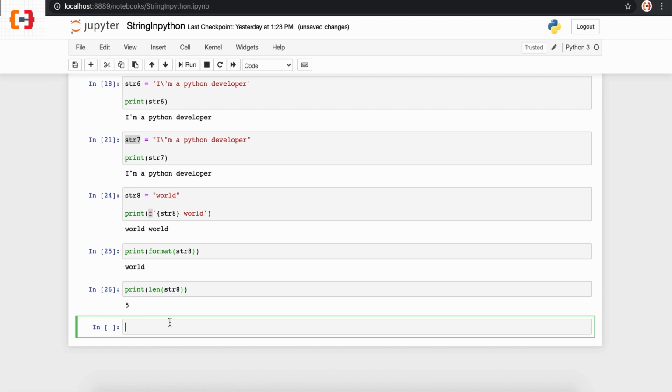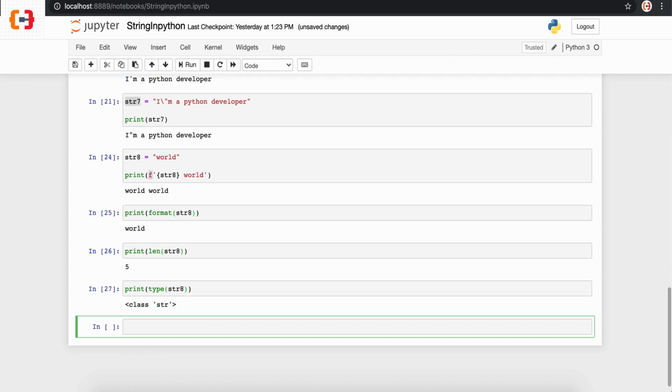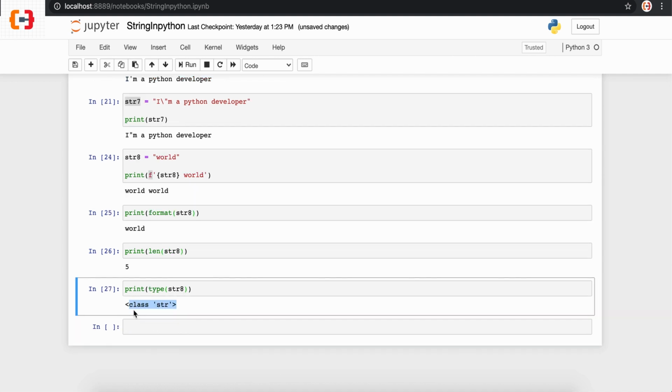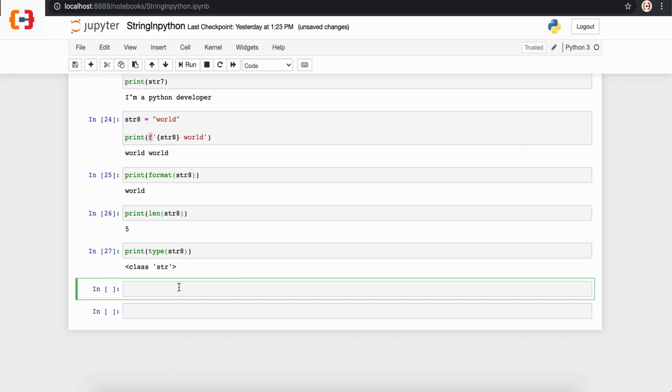In the same way we can find the type of the string, as we have gone through in our previous tutorial as well. That we can achieve using the type function, and we can pass the variable string 8, and if we execute the command, it says that it is of class str. To check the count of the character o in this variable, we can use the count function. To do that, we use the count function on this variable and pass the element o as the argument. If we execute this command, it will return the number of occurrences of the character o.